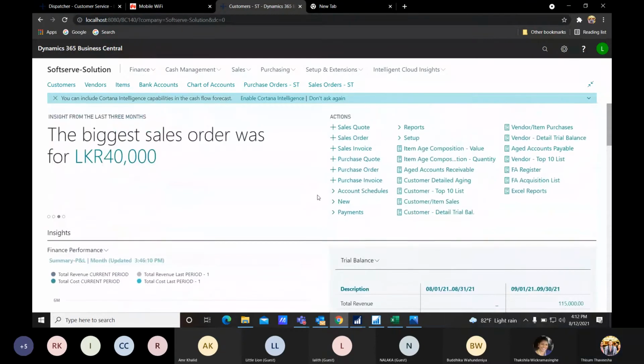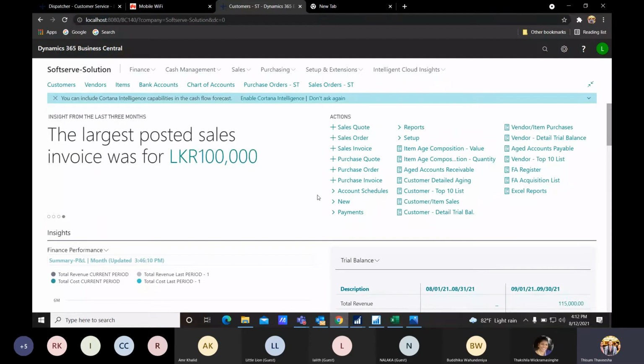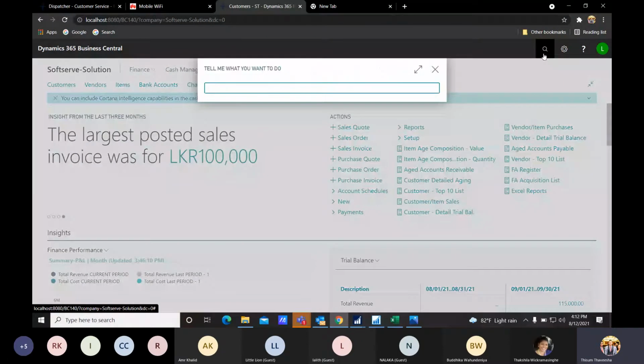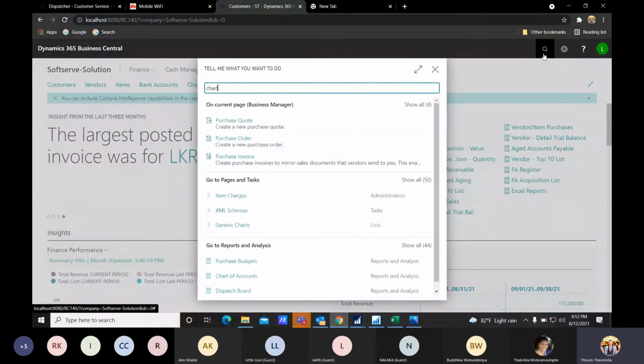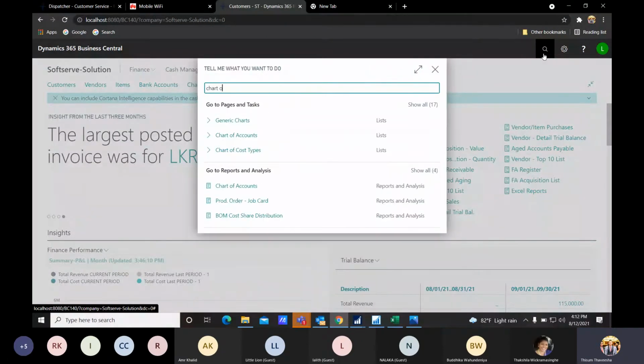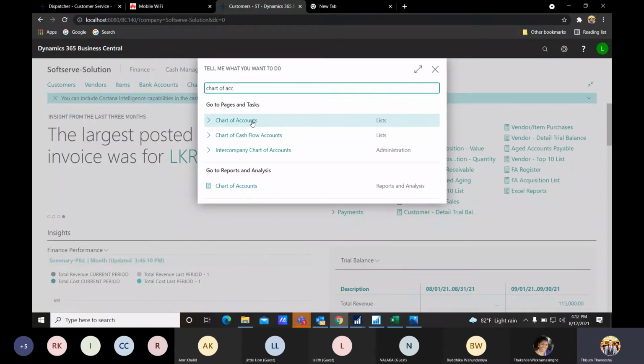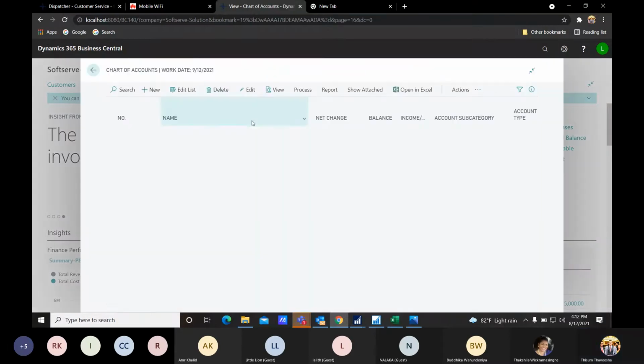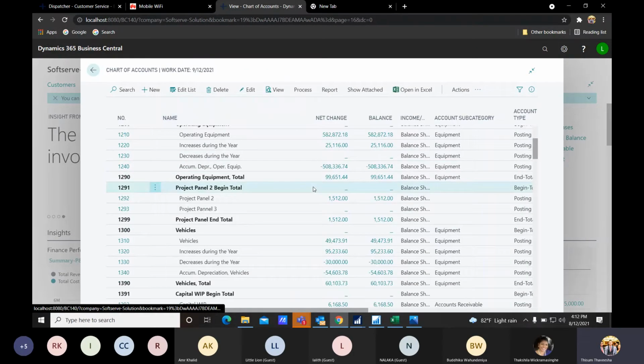Okay. And then first I will start the overview from the general ledger with the chart of accounts, right? So as I said, this is the role center, and here we have the chart of accounts, or else in Dynamics we have the option of doing a live search. You can just search here for chart of accounts, and then you will get the chart of accounts. Once you click it, you will be directed to the chart of accounts.